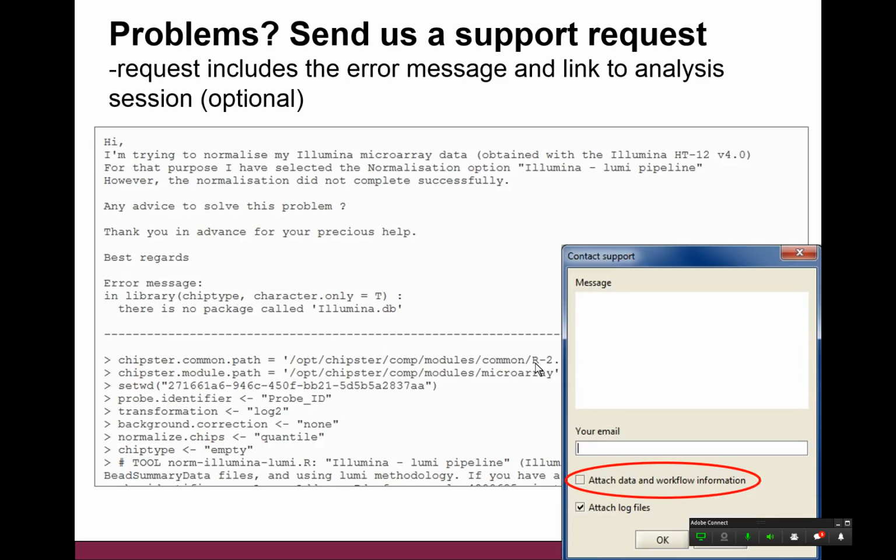And finally, when you are doing analysis, sometimes you get an error message. So something is wrong, the analysis tool is not running properly. Then it offers you a possibility to contact support. It will ask you, do you want to contact support? And if you say yes, you will get this kind of window here, where you can type a little message